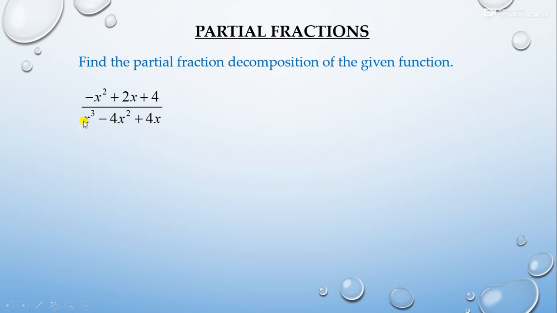Suppose here we have, you can see that this is a cubic expression in the denominator. So how to solve it, how to factorize it? First we take the common x from the denominator and this becomes x square minus 4x plus 4. So we can write this as x minus 2 whole square. How many terms in the denominator do we have? We have 3 terms in the denominator. One is x, second is x minus 2 and third one is x minus 2 whole square.